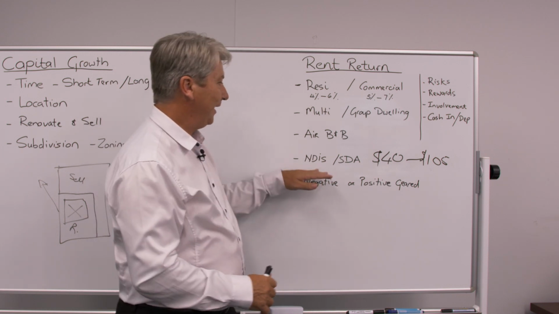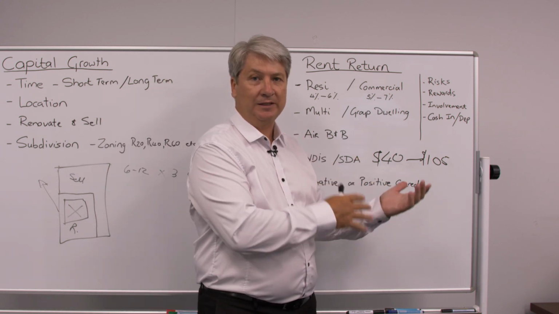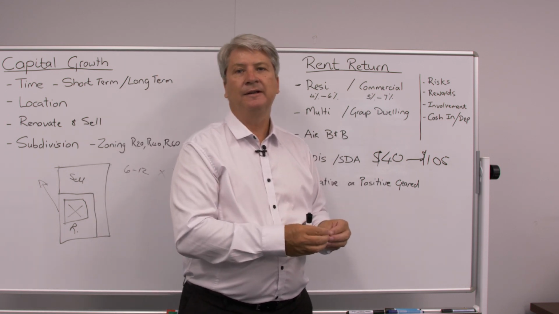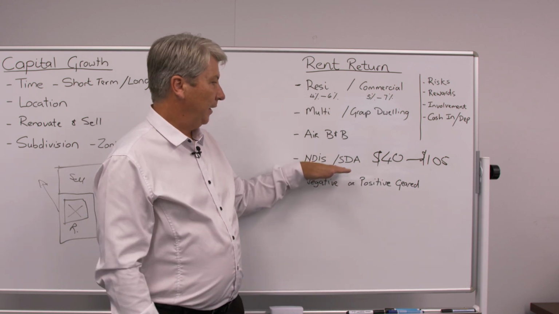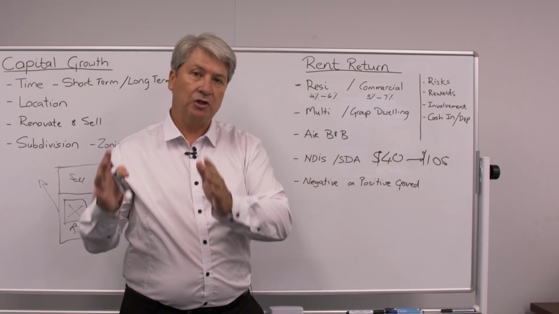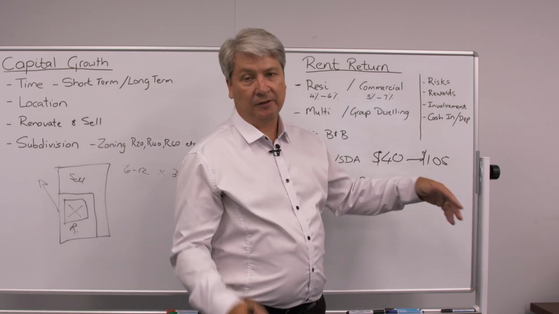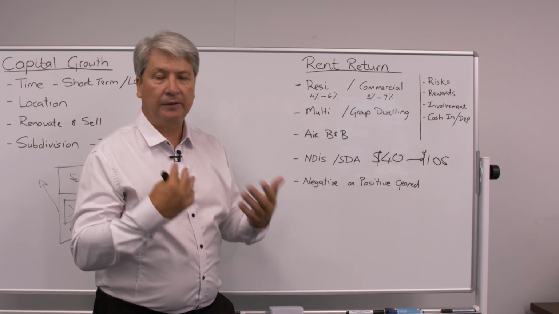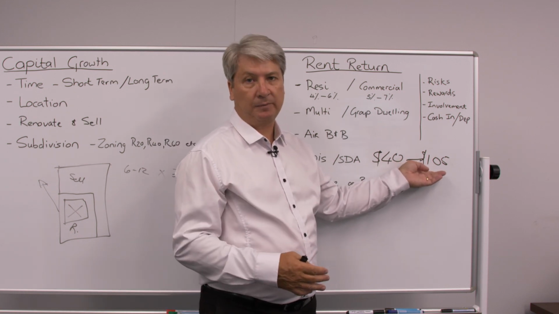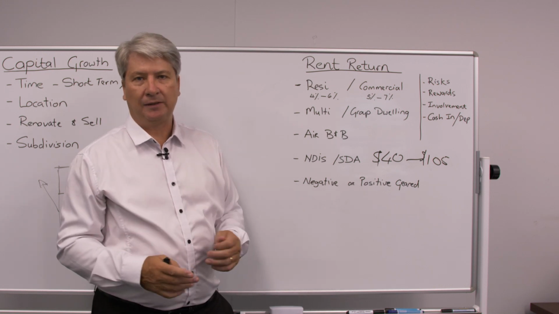Now yes, NDIS and SDA houses are not just any house that you can purchase for this need. The house needs to comply with their rules, regulations, and specifications to suit the individual. With SDA and NDIS, we found that the best option is to actually build houses suitable for that need. You can build a house and earn $200,000. Let's just look at the numbers. If you build a house with $800,000 or $1 million that can take 2 high care participants, you earn $210,000 a year in income. It is a 20 to 23% rent return.